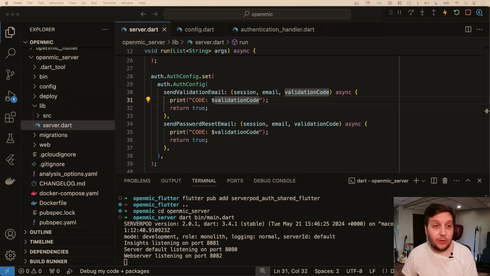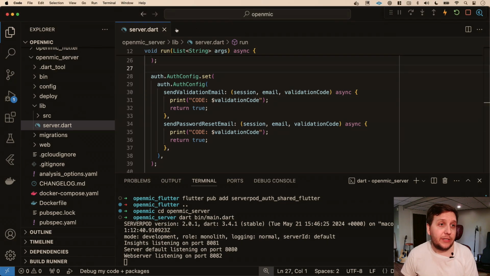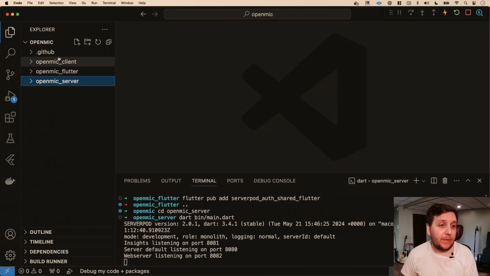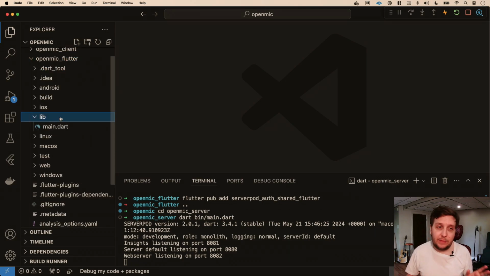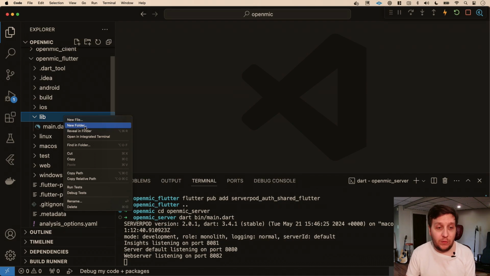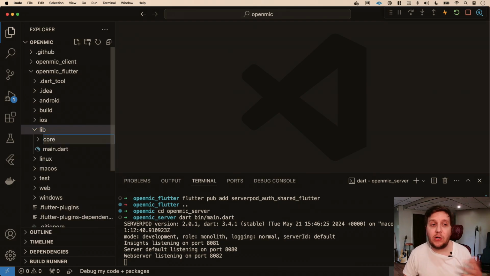Our client is totally fine. We've generated. Now let's focus a bit on the Flutter side. So we're going to go to lib, and we're just going to do a quick little semi-setup of some architecture that we're going to use. In our lib folder, I'm going to make a new folder called core. This is going to be kind of like our core, where all of our core stuff with our app goes